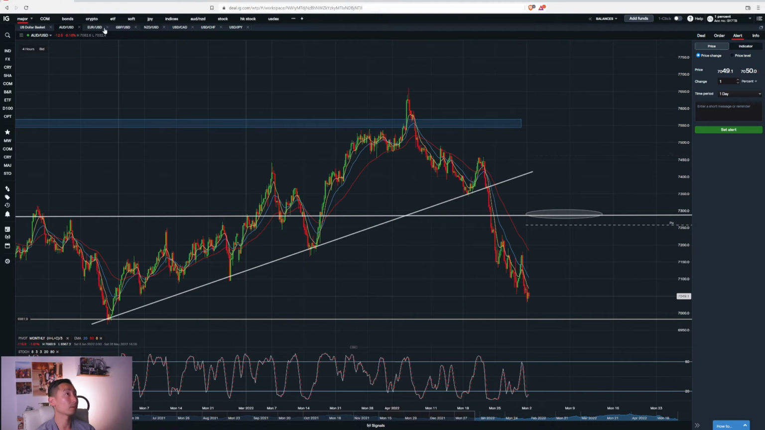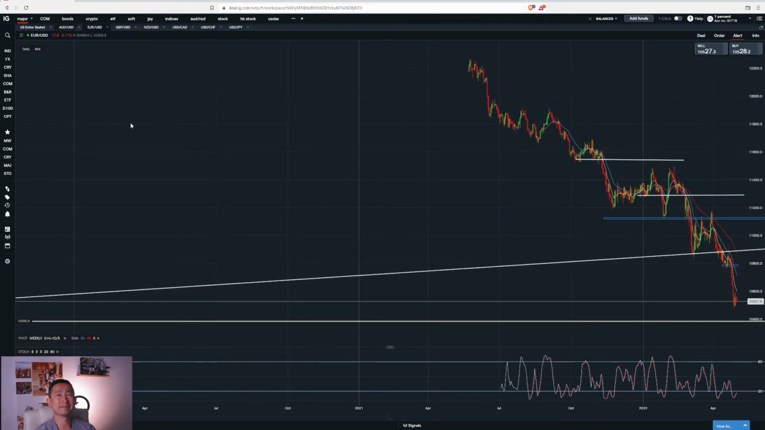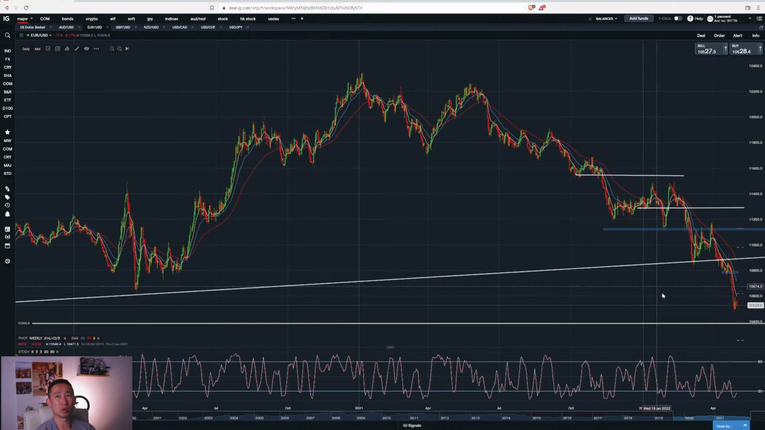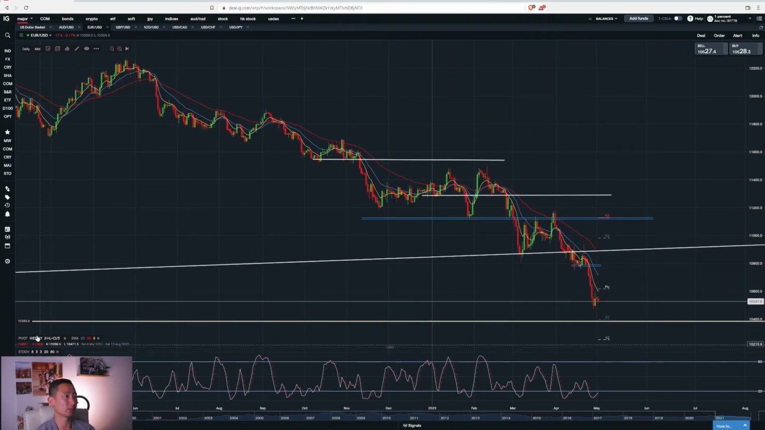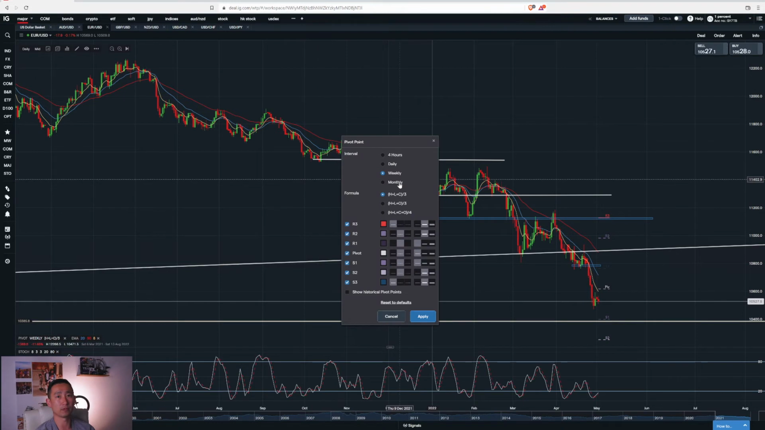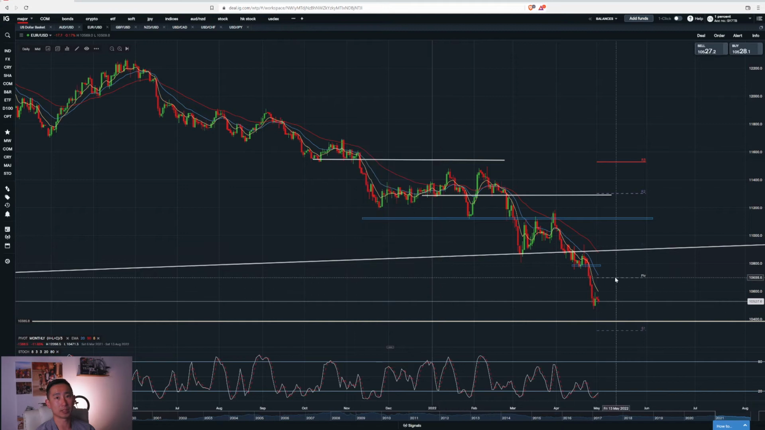dollar pairs. Euro dollar, yeah, it's too low for me to continue to sell, so I want to see a pullback. So let's just pop the monthly pivot. Yeah, something around this area coinciding with the 20 EMA of daily to sell. So monthly pivot area